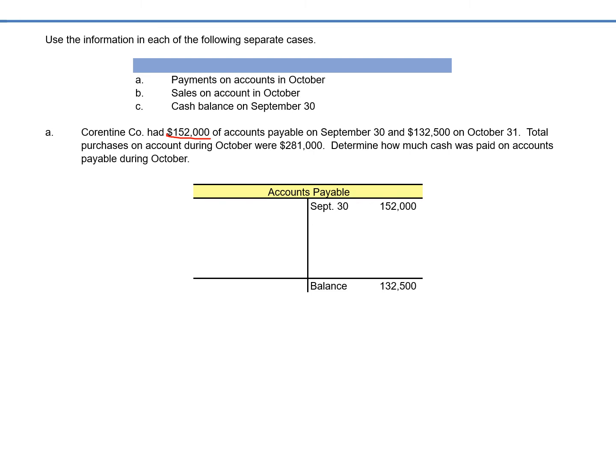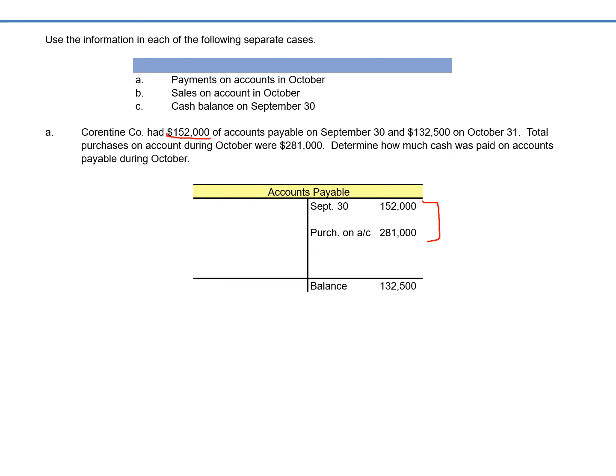And so in order to increase the balance of an accounts payable account, it's a liability, and liabilities are increased with credits, right? So then we put our purchases here for $281,000. Now they're asking us to fill in the blank, basically. So if we start with 152,000, we buy 281,000 during the month. That's $433,000, but they're telling us that our ending balance is 132,500, which means somehow our account decreased from 433,000, which is the sum of these two,